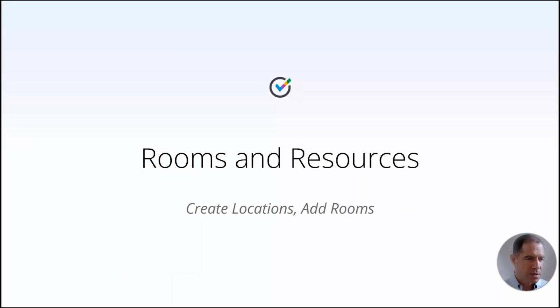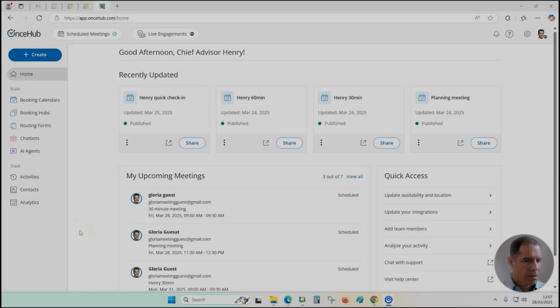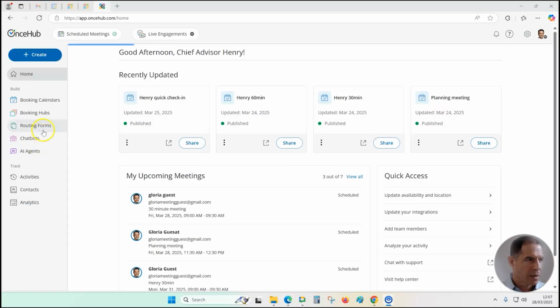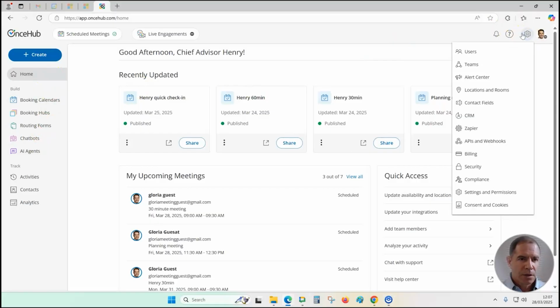Rooms and resources. We will cover creating locations and adding rooms. I am on the OnceHub homepage and I want to set up rooms and resources for all users on the account. So from the homepage, I click the gear icon to go to the account section, and then I click